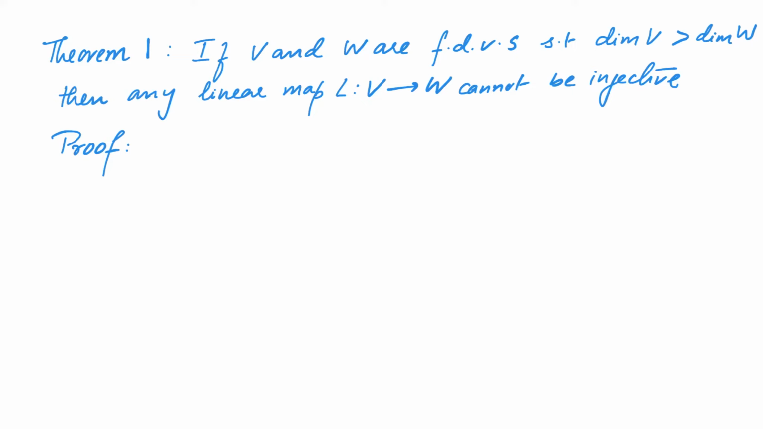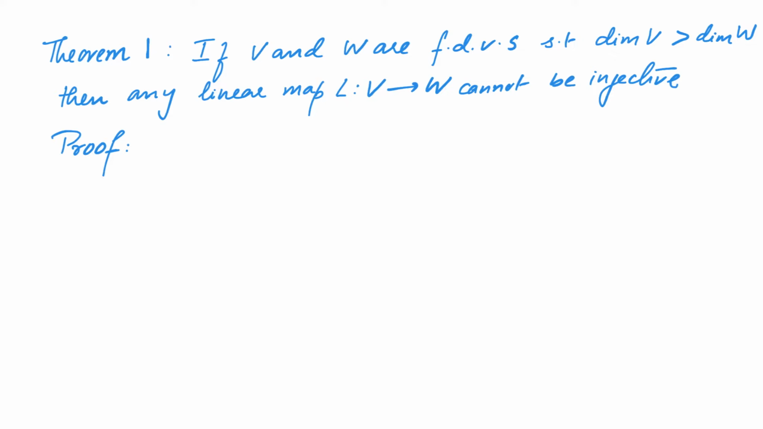In this video, we will talk about some of the consequences of the rank nullity theorem. The most important consequence talks about solutions to a system of linear equations. However, before that, let us prove some auxiliary theorems. The first theorem states that if V and W are finite dimensional vector spaces such that dimension of V is